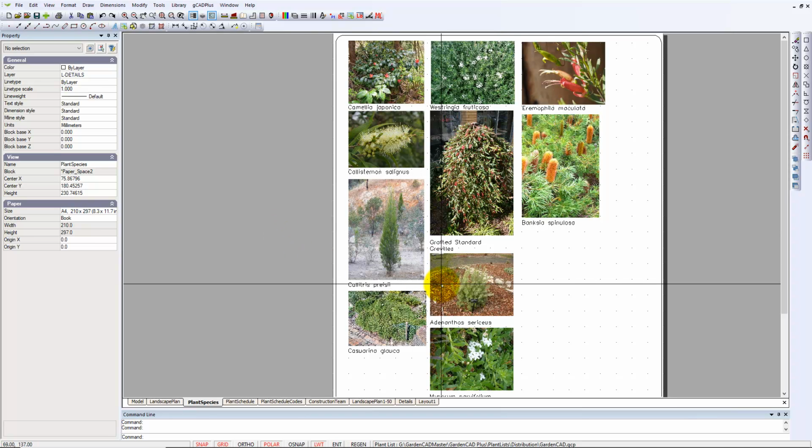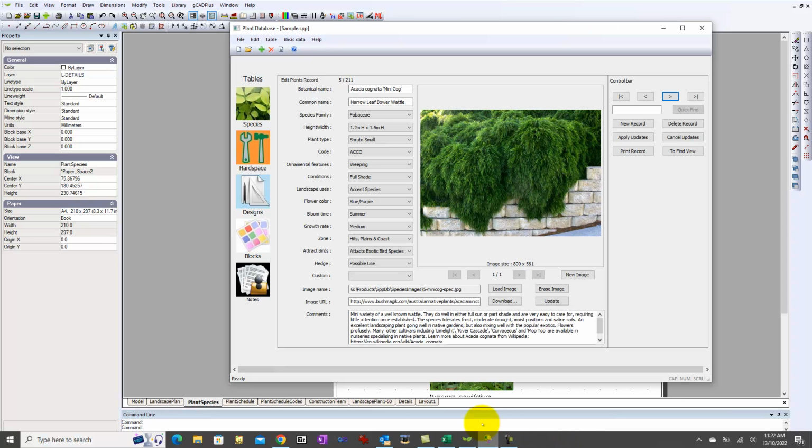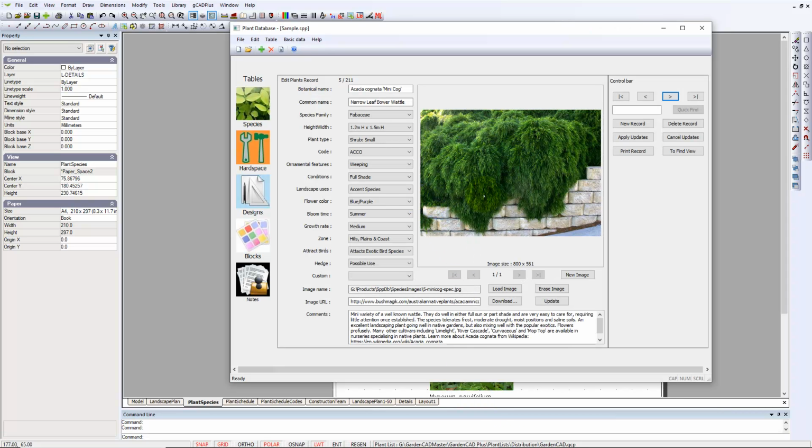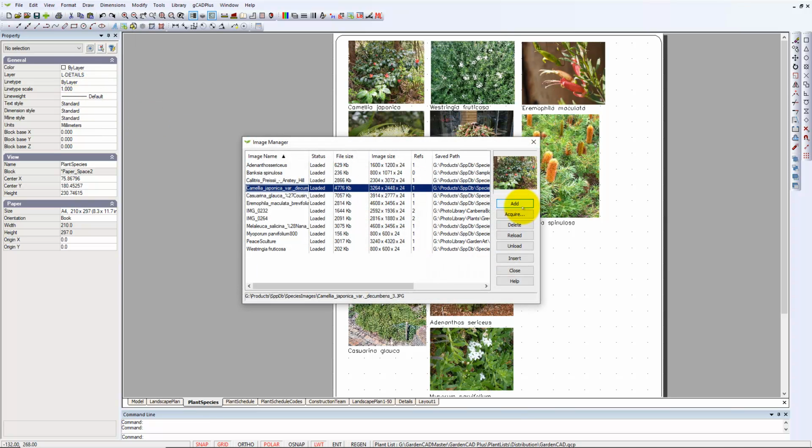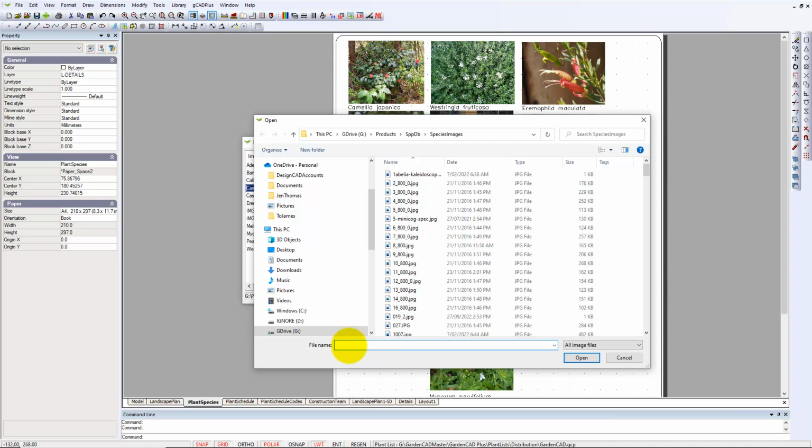We search for images that we want to put into this page by switching to our companion plant database program, and that's SppDb. And let's imagine, as we have done here, that Acacia cognata is being used and the plant database stores the location, so I should be able to simply copy that and then go back into gCADPlus, go to Format and to Images and add a new image, and I'll simply paste it in here